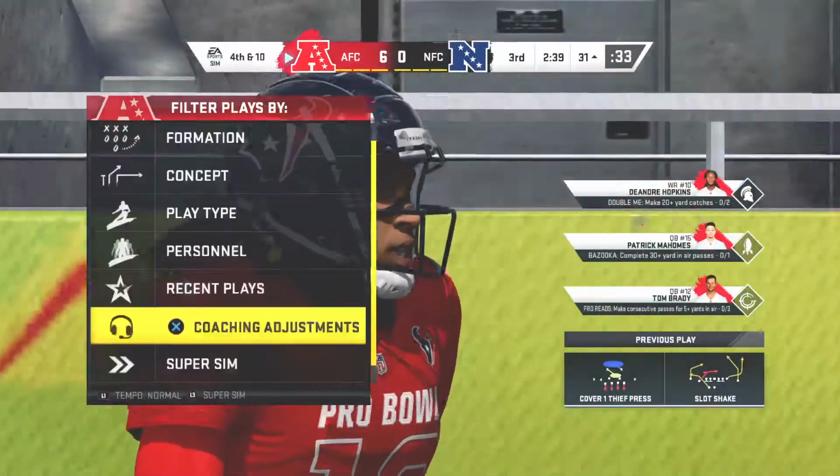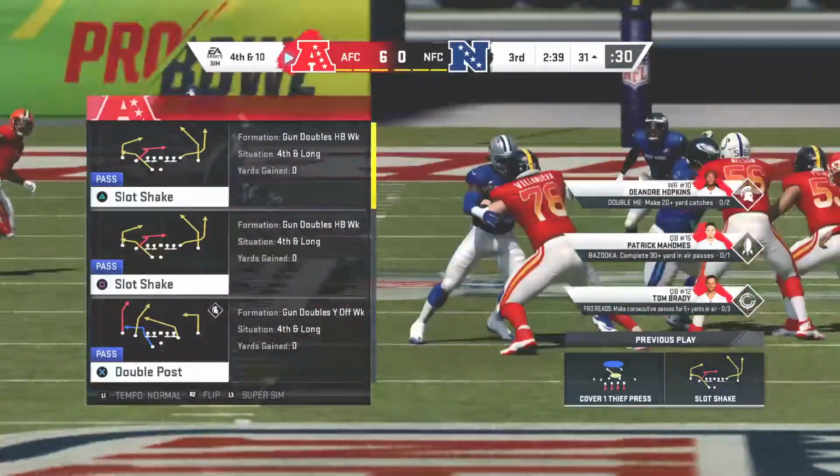And it is true. You can draft the fastest. You can draft the most athletic guys. But if they don't know the art of